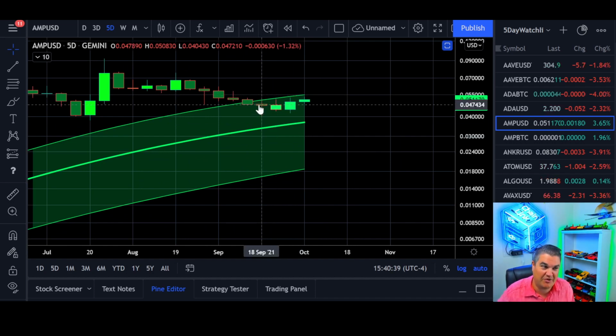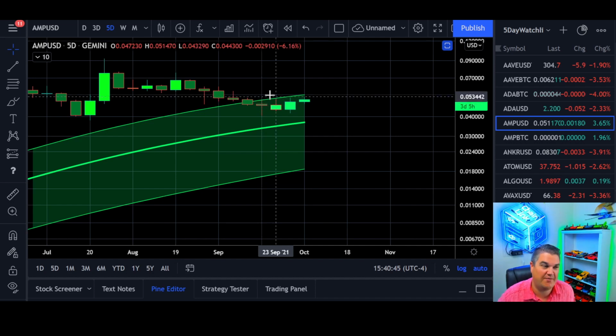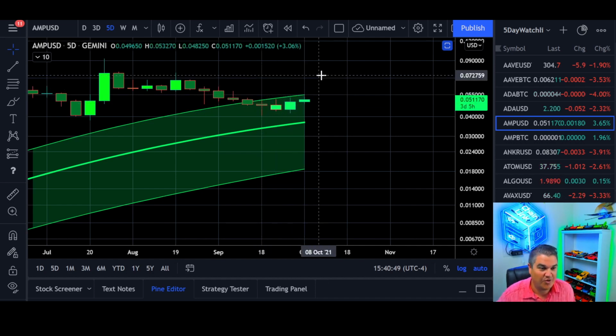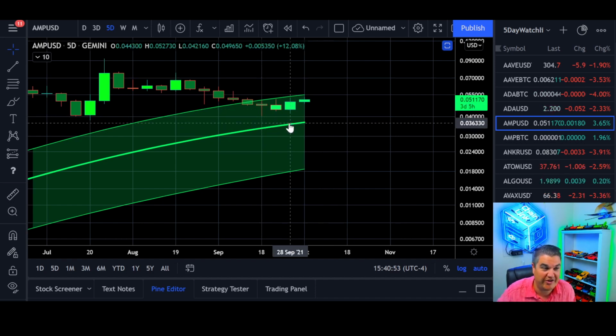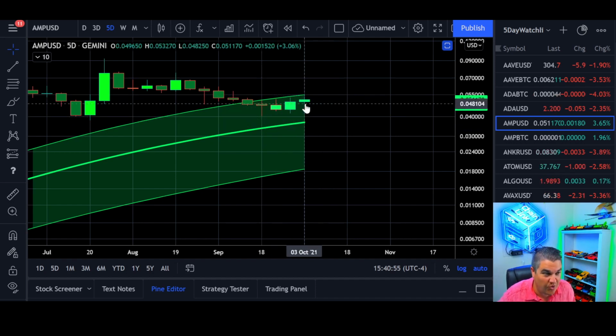Well, it's never bullish when you enter a Gaussian channel. However, it's not necessarily bearish yet either because it's the first time. We don't know how it's going to interact with it, right? It could pop out of it quickly, which we need it to do. Any coin, you don't want to be spending a prolonged period inside the Gaussian channel. So it's not going to take a whole lot, right? We just got to move a little bit to get out of here.